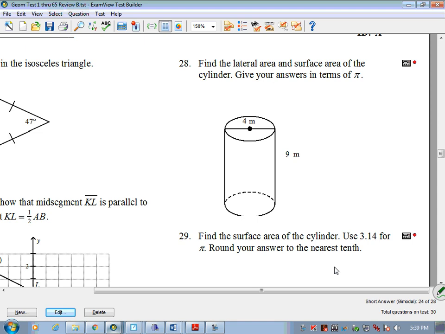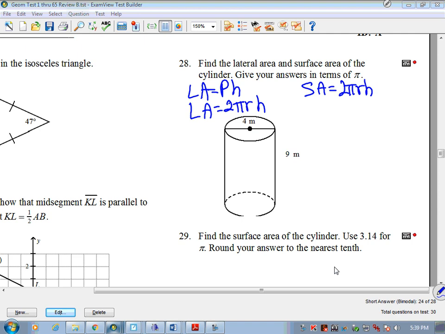28, lateral area and surface area. Okay, lateral area, okay, is, give me a second here. Lateral area is perimeter times height. Okay, and perimeter of a cylinder is going to be 2 pi r, there's my h. Okay, surface area is 2 pi r h plus 2 pi r squared, because we want to add the 2 bases to it. Okay, now because they're showing that line all the way across, I want to make sure I'm